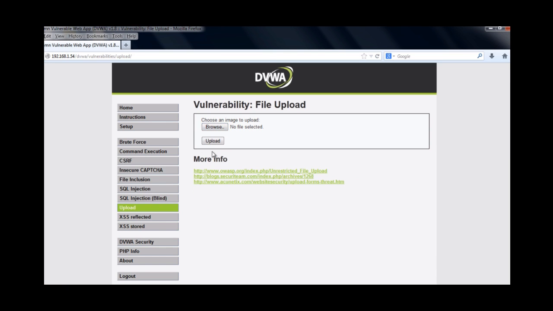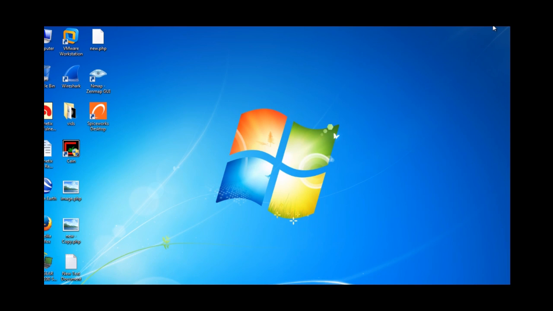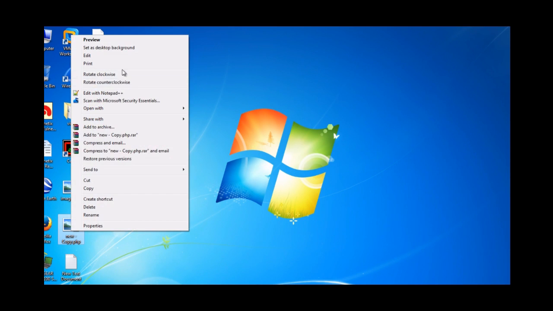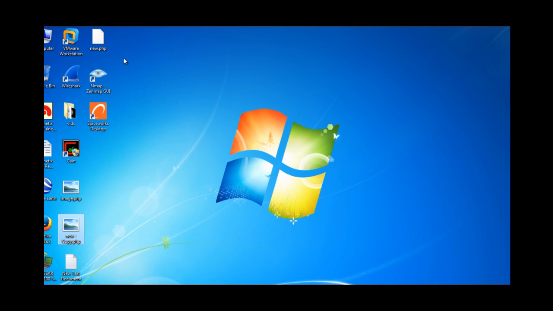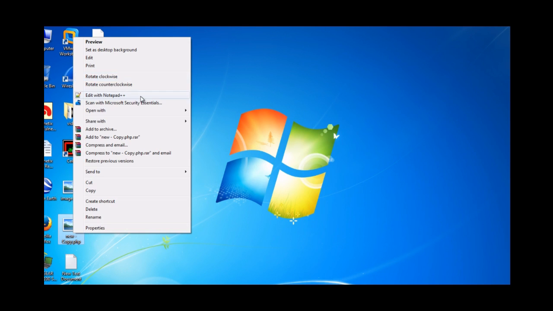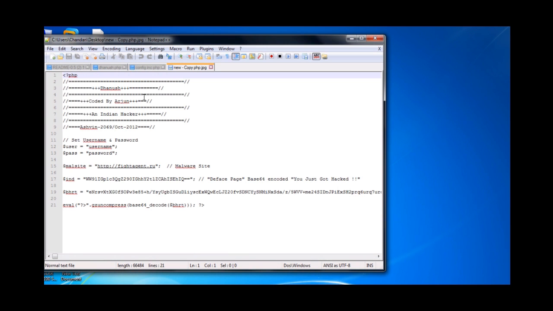We shall be looking here for a browse option, which is given over here. Here we have to choose an image to upload. The file we are going to upload is a shellcode which will give us a backdoor interface to the application. Opening this in a text editor, we can see the shellcode which I shall be using, and this is base64 encoded so that it can bypass filters properly.